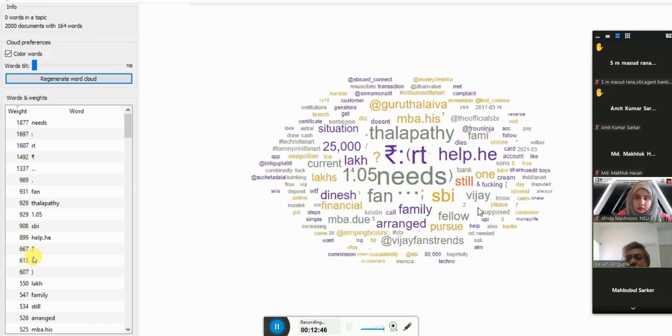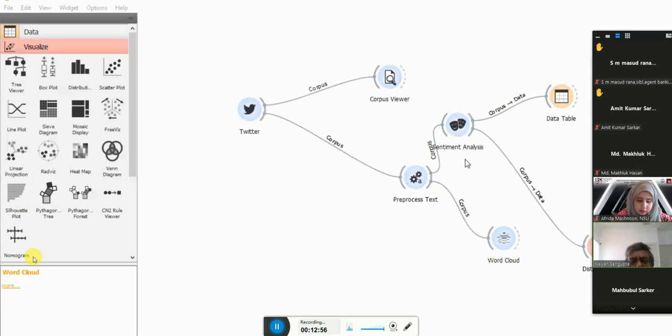Okay. So if we just go out of this and see the sentiment analysis, and in the sentiment analysis, sometimes we also call it a polarity analysis. That is, how positive the tweets are, how negative the tweets are. We can do it and we can have a distribution of the sentiments.